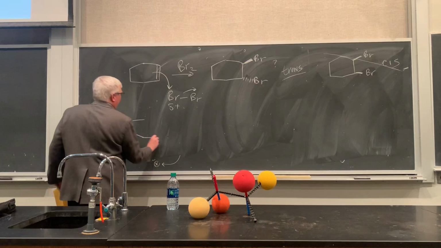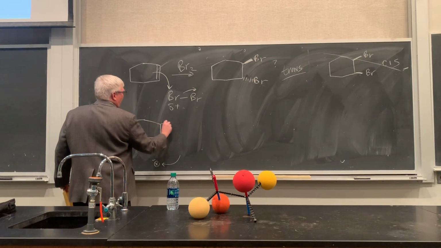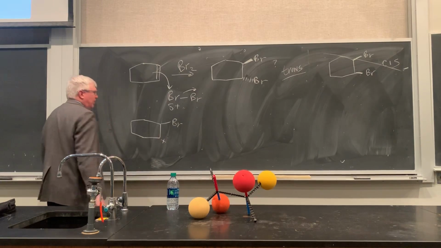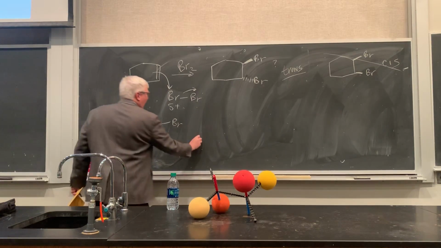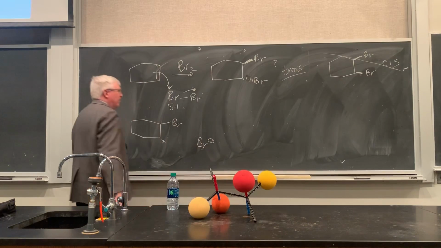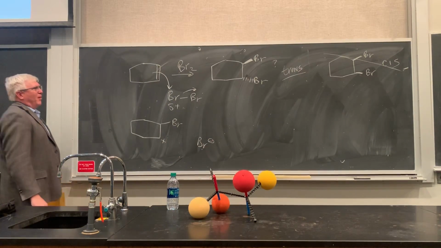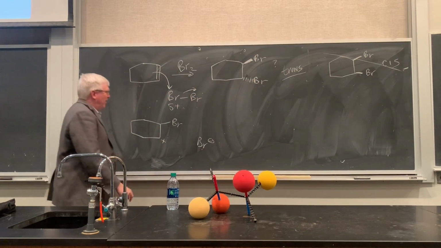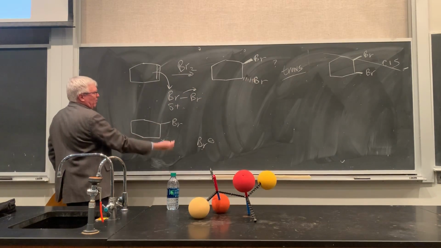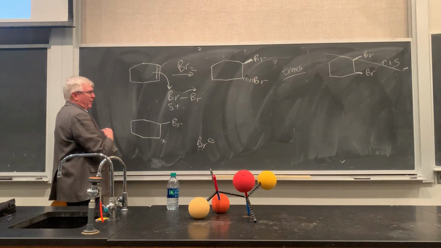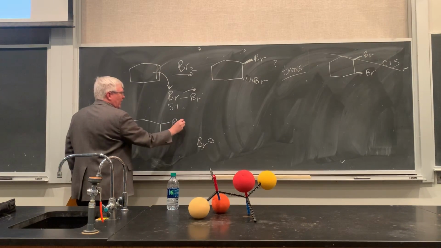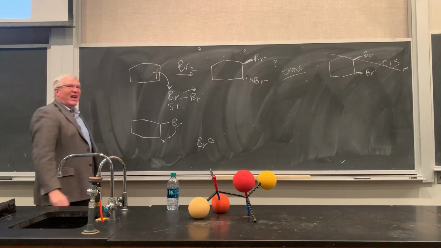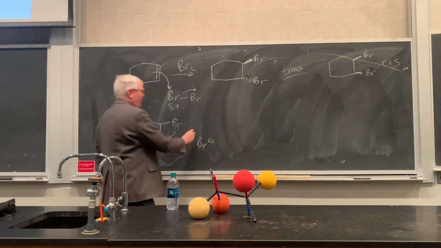Well, let's see, what do we get then? We get a bond to bromine, and we'd have a plus charge here on the carbocation, and we'd have Br minus. Well, the empirical result is that the anti product is formed here. You could say, well, maybe the bromide on top is blocking the approach of the bromide from the bottom. Well, it actually turns out that this is not the intermediate. What actually forms is a cyclic structure first. We call it a